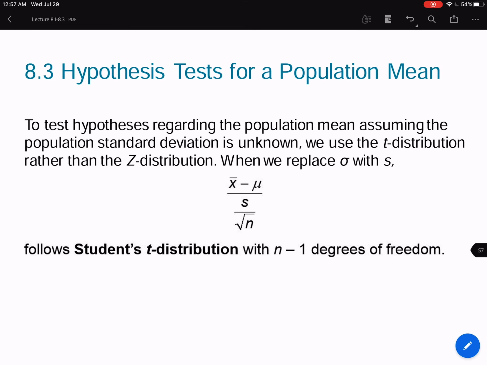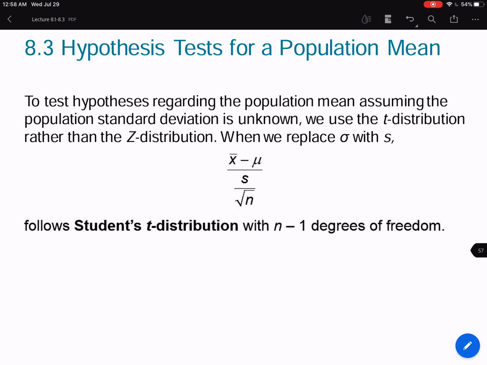Alright guys, in this video we're going to talk about section 8.3, hypothesis test for population mean. So I think if you have a good understanding of 8.2 and 8.1, 8.3 should be very straightforward for you. Actually, most of what we're gonna see in this section we have seen in the previous sections like 7.2 or 8.2, something like that. So first of all, let's start with a quick review on the t-distribution to test